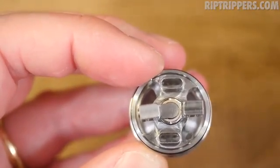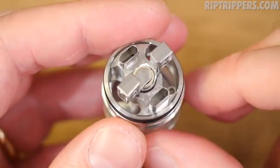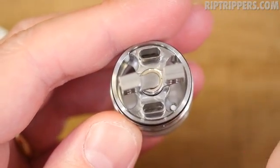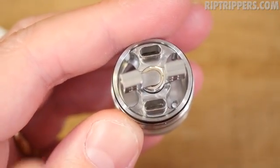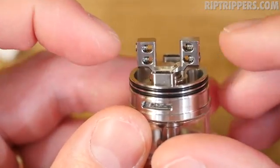And how are you going to fill it up? There's no way filling it up. There's no other holes. That's why I like to run it in single coil anyways. But if you are a dual coiler out there, just know this. The way this is right now, it's a pain filling it. You have to leave one wick out completely, fill it up, then pop the wick in there. Just letting you know. So Roy, in my opinion, what you should do is pull these posts in like you